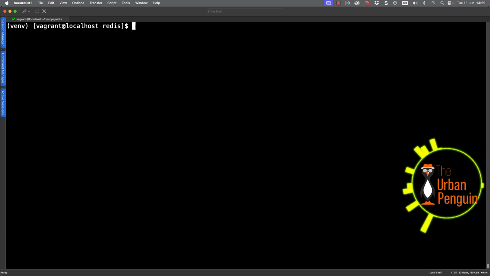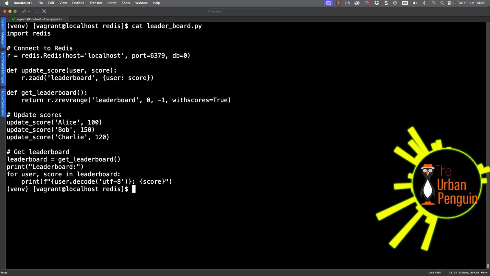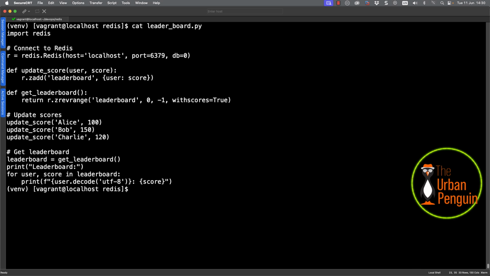And here I've just got a simple script. But if I go through and just take a look at it, so the leaderboard.py, so a Python script that really looks at building and printing a leaderboard, we import Redis, we make our connection. We've got a couple of functions to update the score and get the leaderboard. And it's working with an ordered list. So zadd is adding to the list.